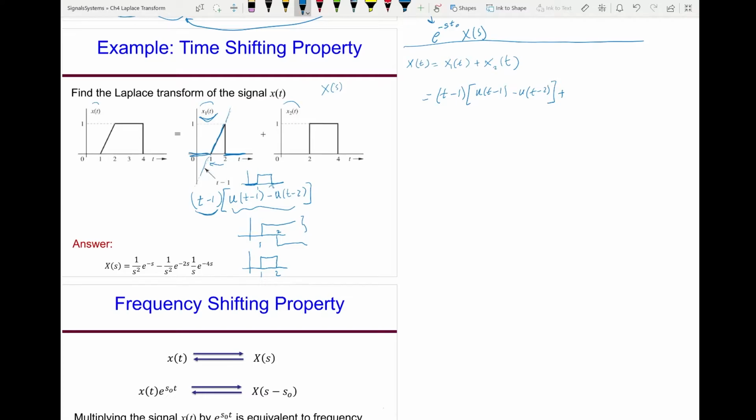plus. Now x2 of t is only this one, that one here, this pulse. So that will be u of t minus 2 minus u of t minus 4. So this unit step function, and you subtract from it this, you will get only this pulse, which is this. Okay, let's just keep multiplying. So this will be t minus 1